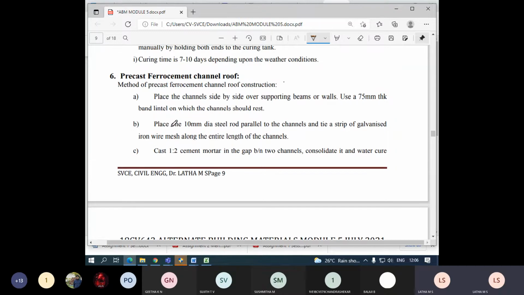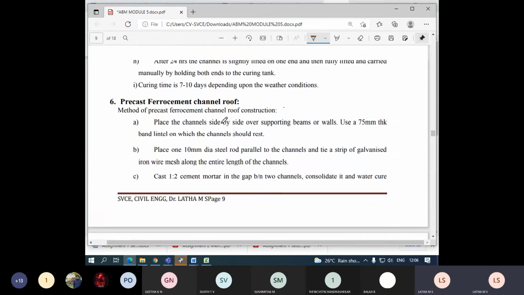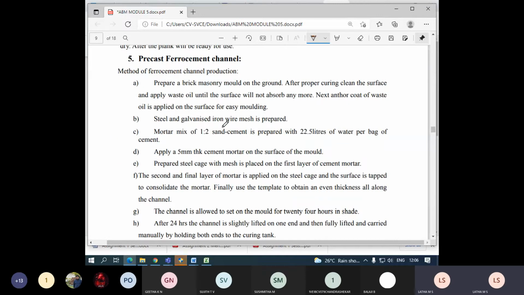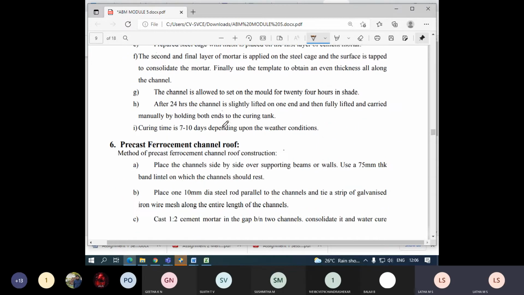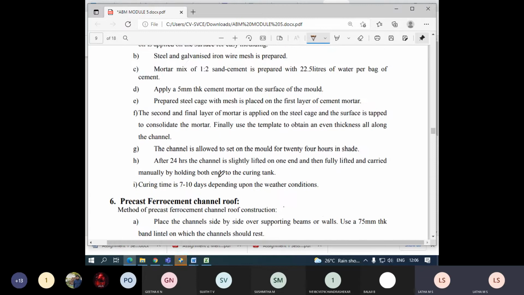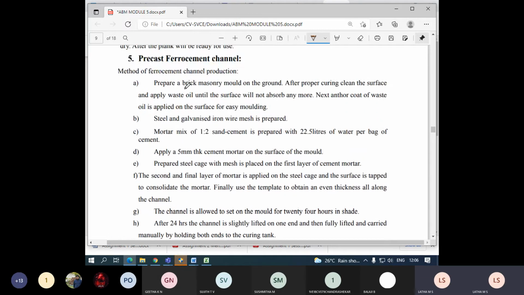That is all about the precast ferrocement channel roof. Okay. Now going further back, we'll understand what is precast ferrocement channel itself. I had actually told about what is precast channel roof, which also includes precast ferrocement channel. Right?